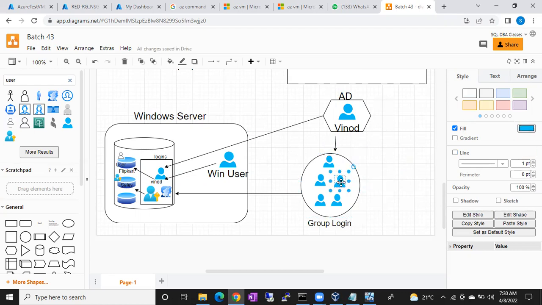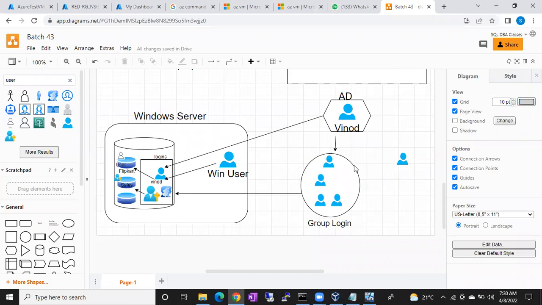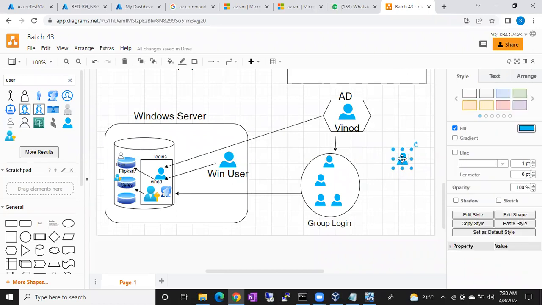So if anyone comes to us in the future, saying, hey, can you please give me access? Already four people are there, and this is a new person. Imagine this is an application team. He joined newly in the organization, he belongs to this group, and he comes to us, the DBA: hey DBA, can you please give me access to this particular database, Flipkart sales?